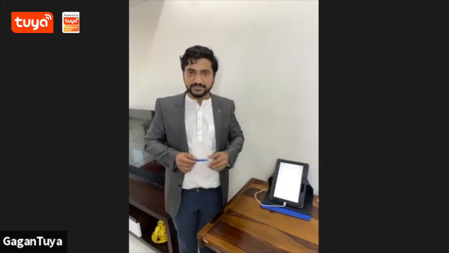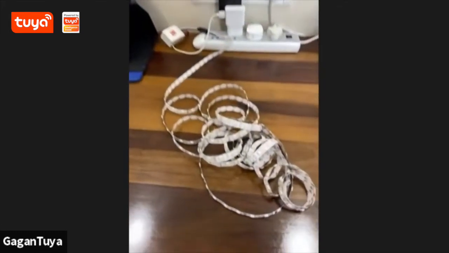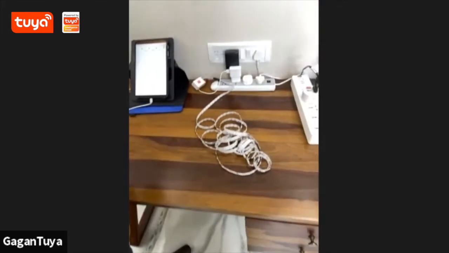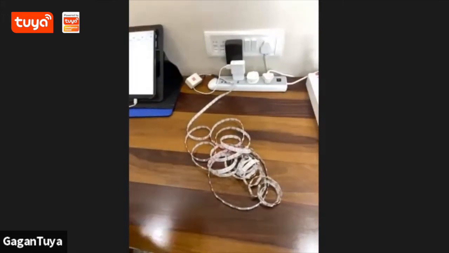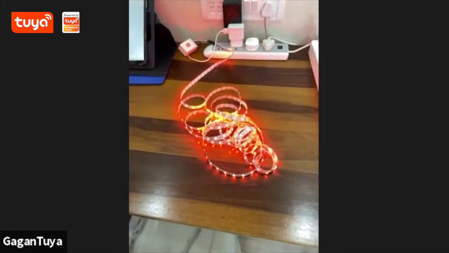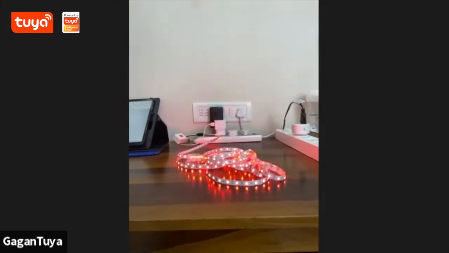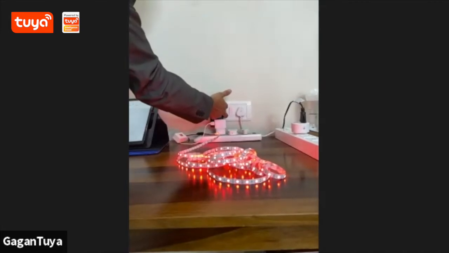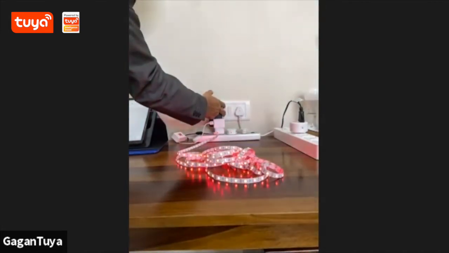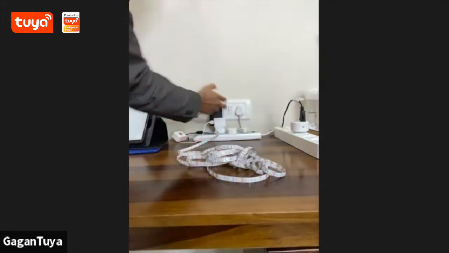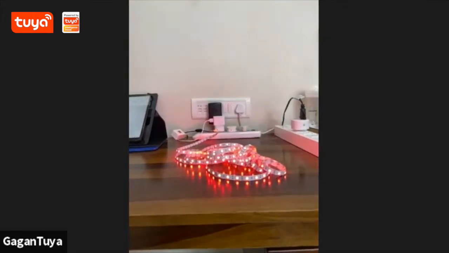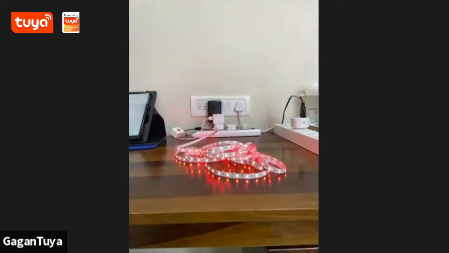Second is to turn on and off the strip light controller for 3 times, and again the controller will go into the pairing mode. So the controller which we have over here will get reset by turning on and off the power supply for 3 times. So let's just power on the strip light. Okay, the strip is solid. Now we have to reset it manually by turning it on and off for 3 times. 1, 2, 3. As you can see, the LED starts blinking now.